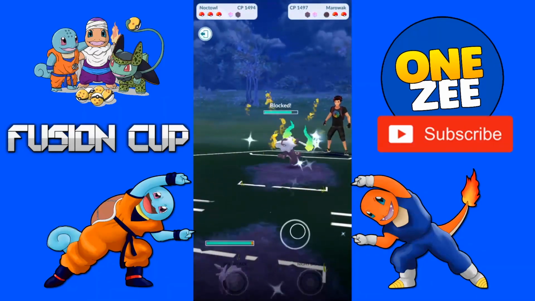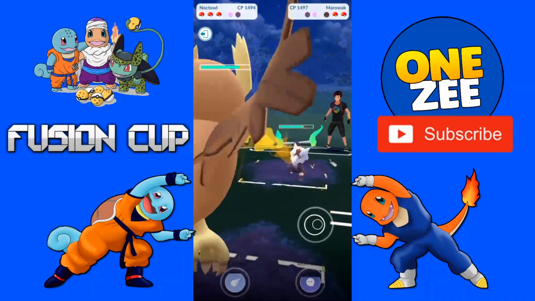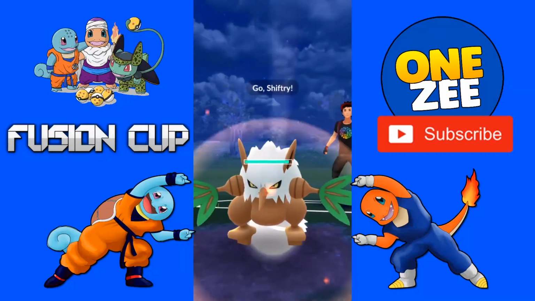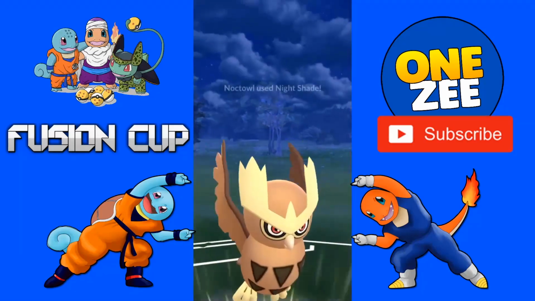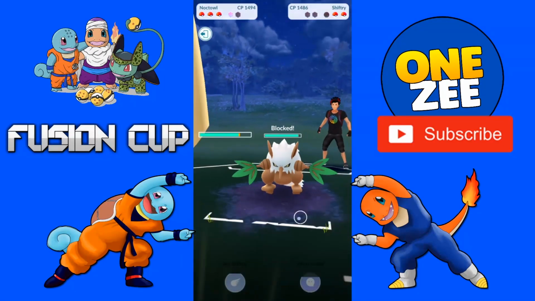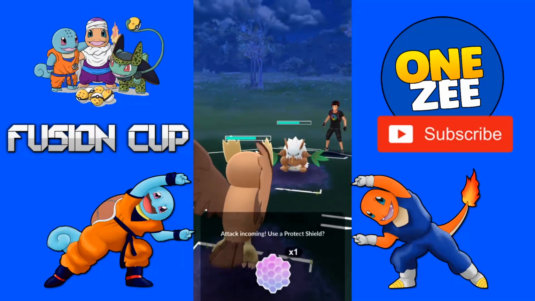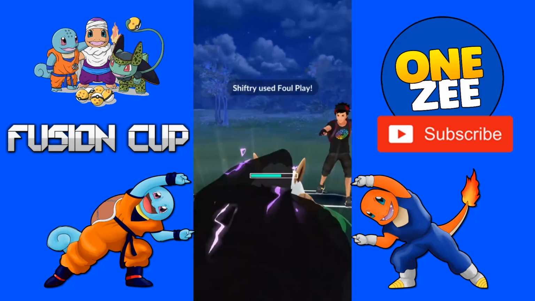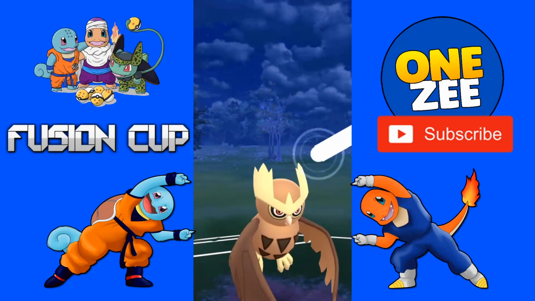He blocks it, so I need to swap into a Noctowl. This matchup here, Noctowl against MAROWAK. MAROWAK is really weak against a Noctowl because Noctowl is a normal type, MAROWAK is a ghost type, that's why. So he switches into his SHIFTRY,